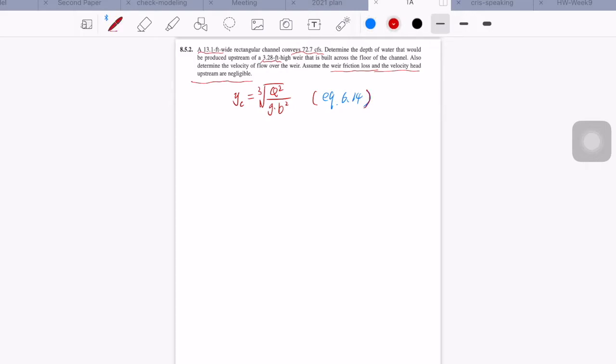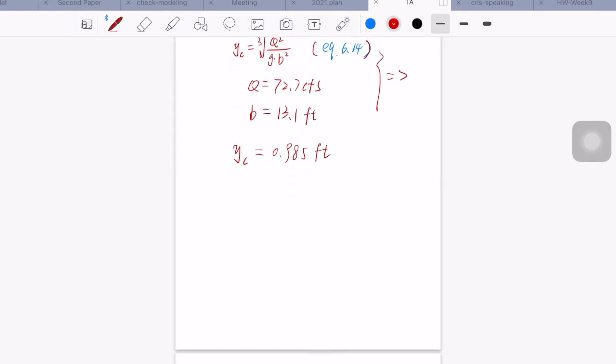And from the problem, we know Q equals 22.7 cubic feet per second, and B equals 13.1 feet. So we can determine Y sub C, the critical depth, equals 0.985 feet. Since we assume the weir friction loss and the velocity head are negligible,